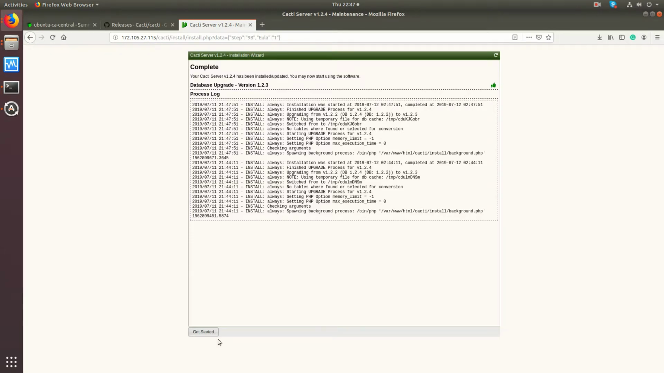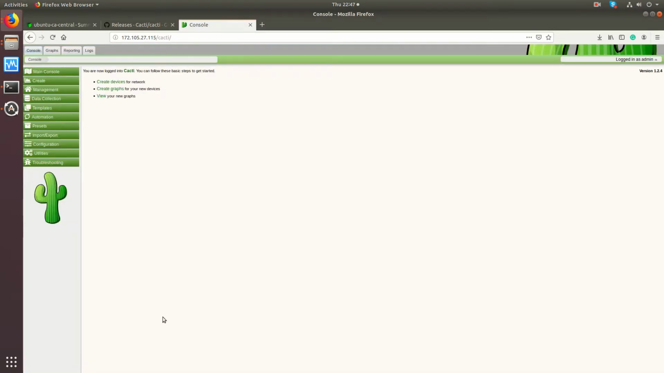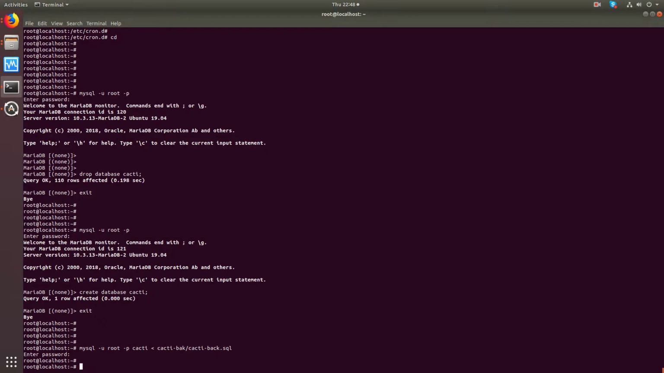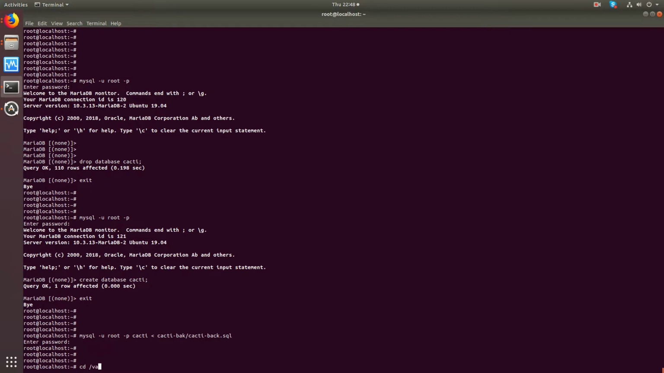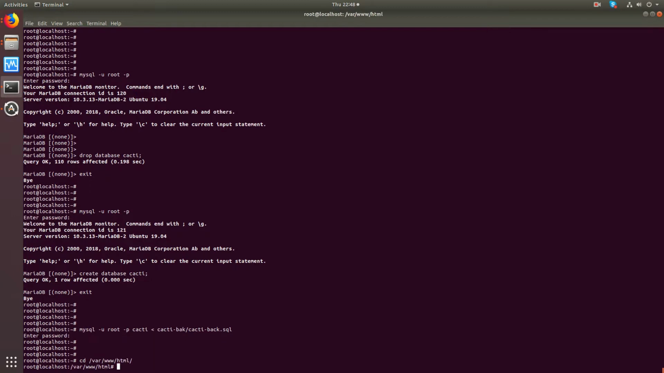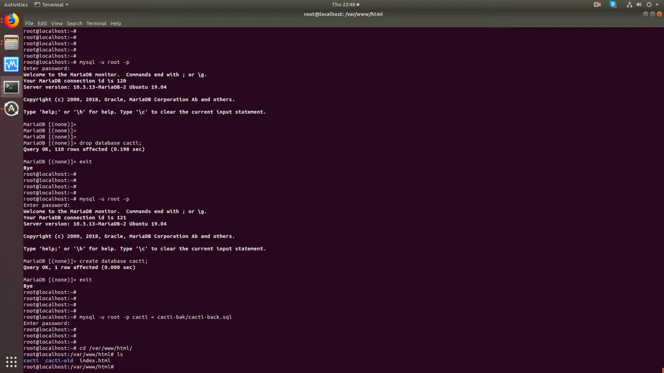Now, as a rollback procedure, say for whatever reason version 1.2.4 is just not working on your system. You don't know what's going on, but you need to restore this as soon as possible. What we'll do is go back to var HTML. Cacti,